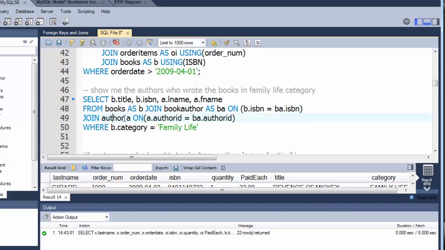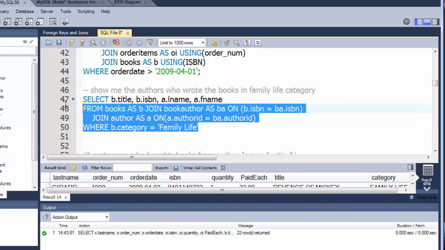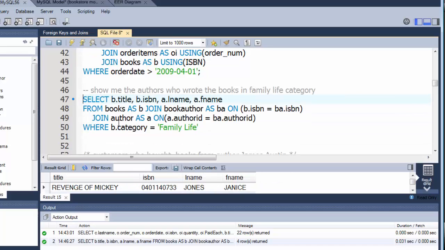So now I'm going to join to author, and I'll go ahead and put in my AS keyword, AS A, so that's my alias, ON author ID equal BA.author ID, and then of course here's my where clause, where B.category equal family life, because the authors I wanted to see were the people who wrote books for that category. So I run this example,